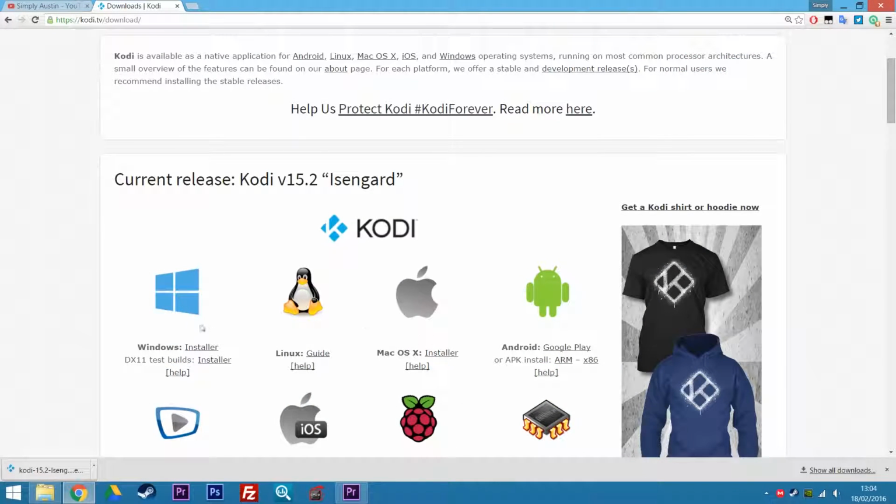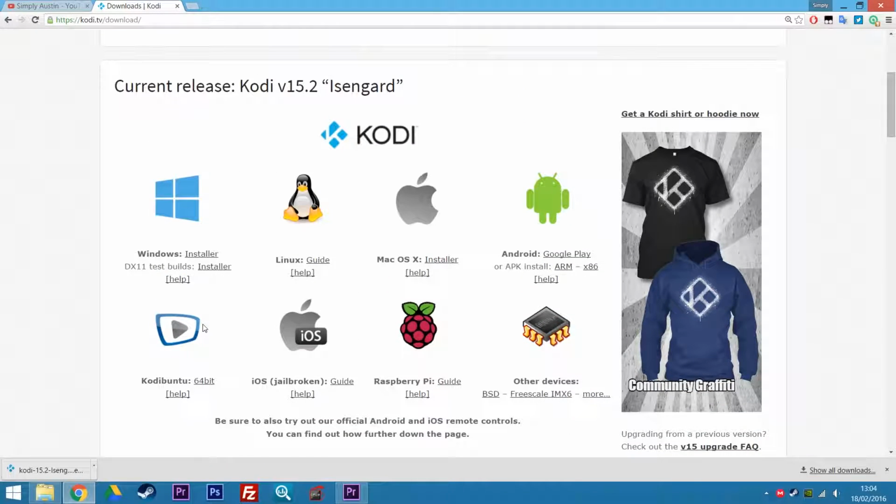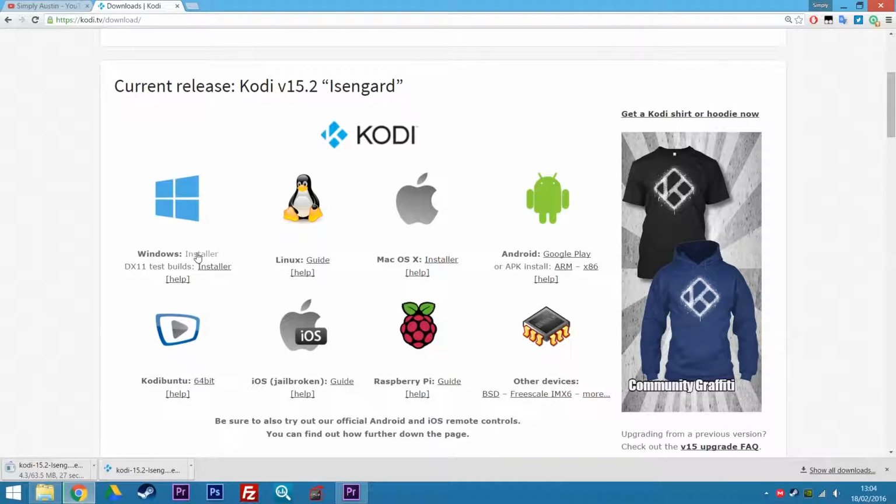And what operating system and what device you're going to be using will dictate which download you're going to be using. I'm going to be installing the Windows version, but what I'm going to take you through today will work on 99% of the actual installs of KODI. So, like I said, we're going to be focusing on this one for now. I'm waiting for my internet to download it, but I'm going to live on the edge and use the one that I just downloaded a second ago.